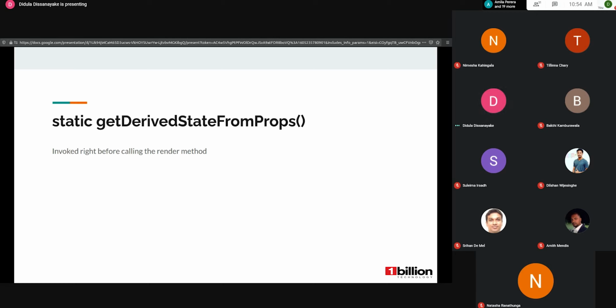So the advantage, if you take the same example of date and age calculation: to update the age, two rendering cycles would happen, because componentDidUpdate executes after each render, but here this function is executed prior to the render method.